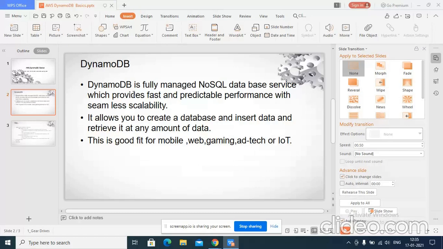That's why this is very compatible with this type of application. Gaming, ad tech, and so on, where you need live data and the streaming rate of data is very high, DynamoDB is very compatible with that.